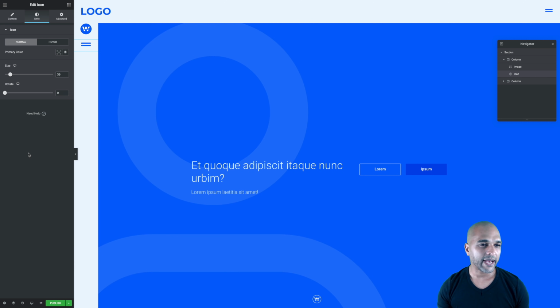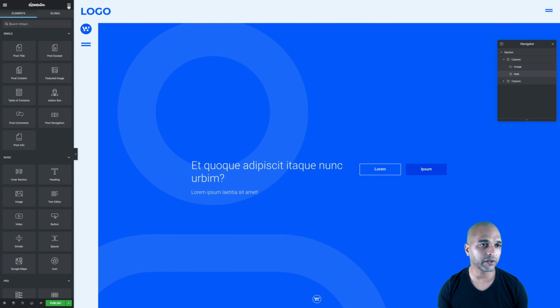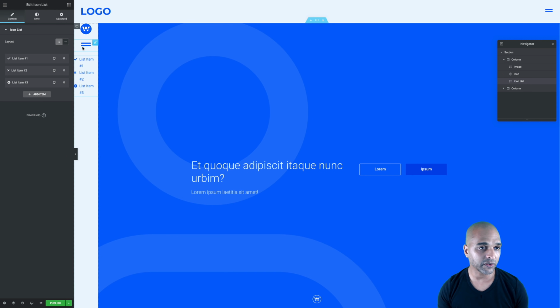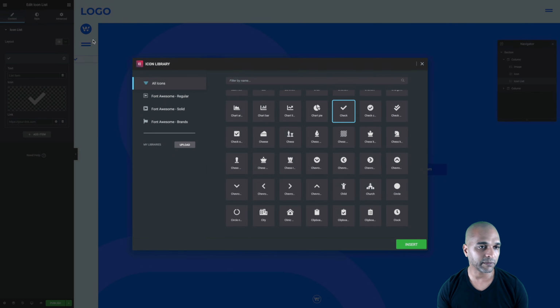And next, we want to add some social icons. And for that, I'm just going to use an icon list widget. So basically you go here to the widgets icon, and I'm going to type icon list, and then I'm just going to drag it here. Now I'm just going to remove the text. Actually, I can remove those two. It will be cleaner. So I'm just going to remove the text, and I'm going to select